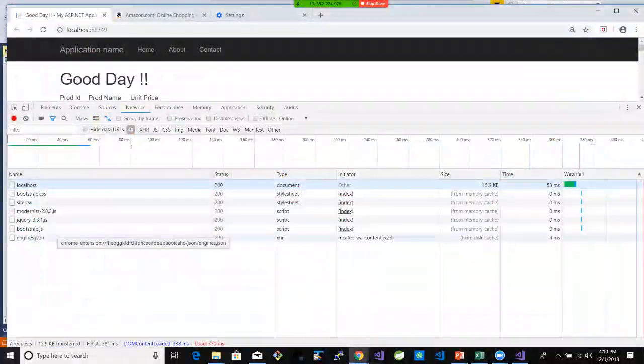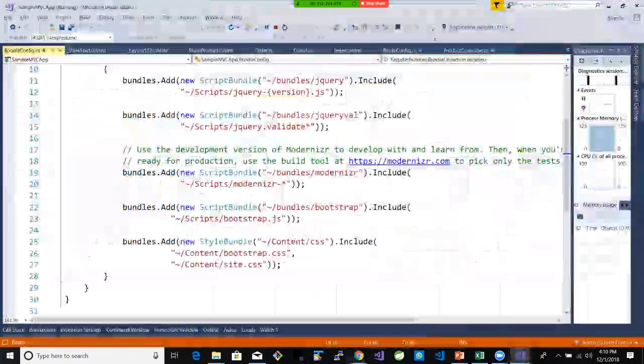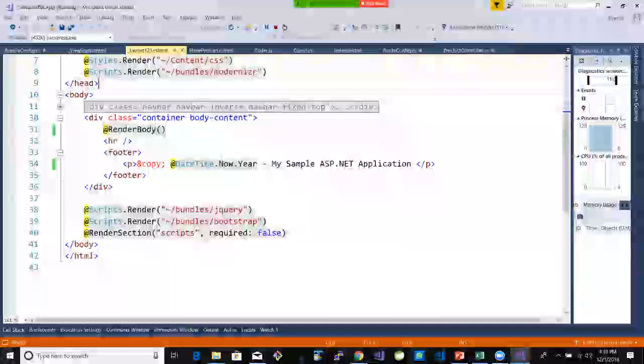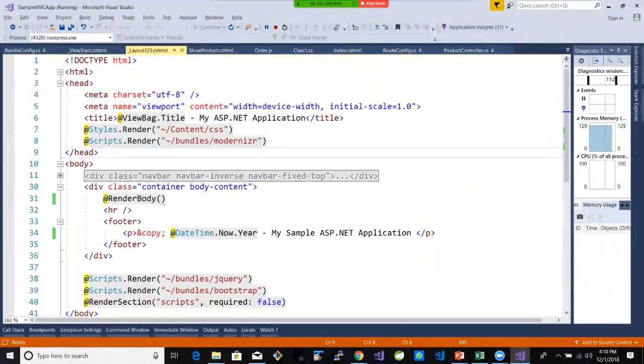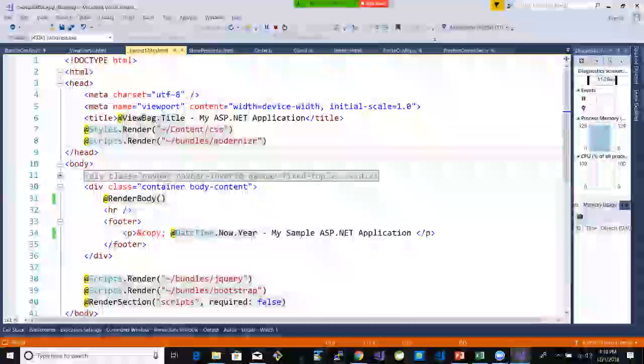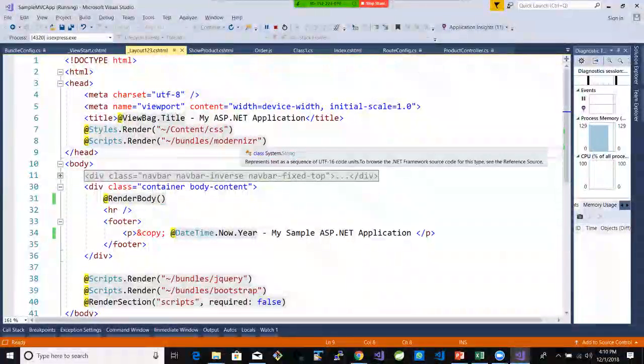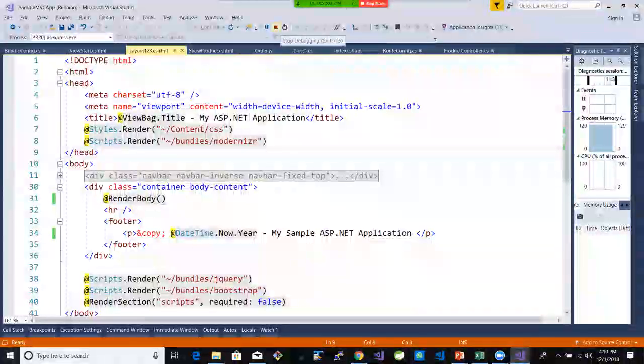So it needs these files for the web page to execute. We specified these files in our layout file, and hence it's downloading them. If I comment this out, then it will not download it. If I don't bundle it, I have an option to